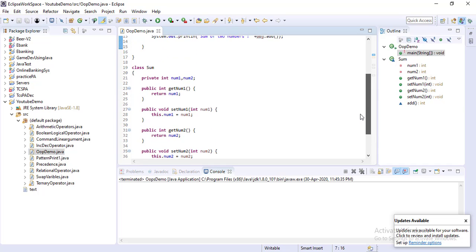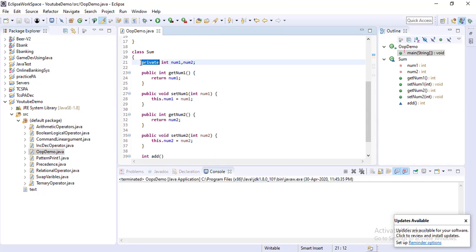Here you can see that first we are restricting the access of these two variables, number1 and number2, outside the class by using private. Then we are creating a few methods. These methods are public, so we can use them outside the class.